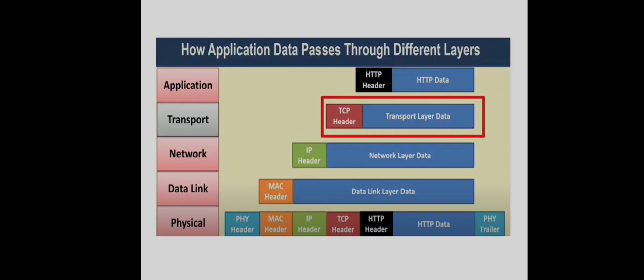So we have the data generated from a user application. Just for example, if you are doing some web activities, and suppose we are using the HTTP protocol, the actual user data will be this HTTP data, and the application layer will include its own header. Here it is the HTTP header, and this entire message will be handed over to the transport layer, where this HTTP data plus header will be treated as the payload part or data part for the transport layer, and the transport layer will add its own header to identify the port number of this particular application process.